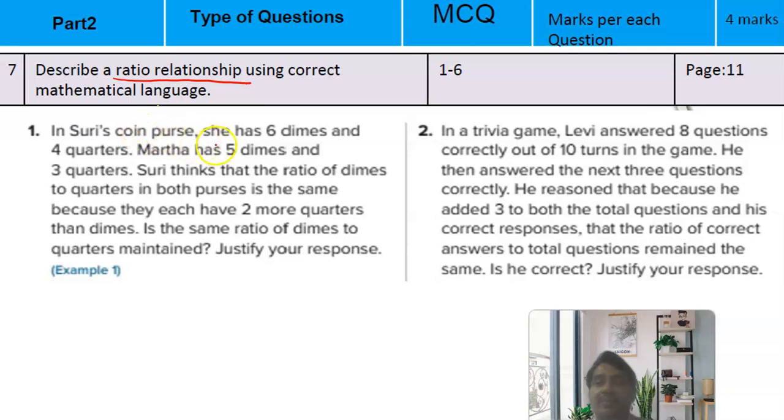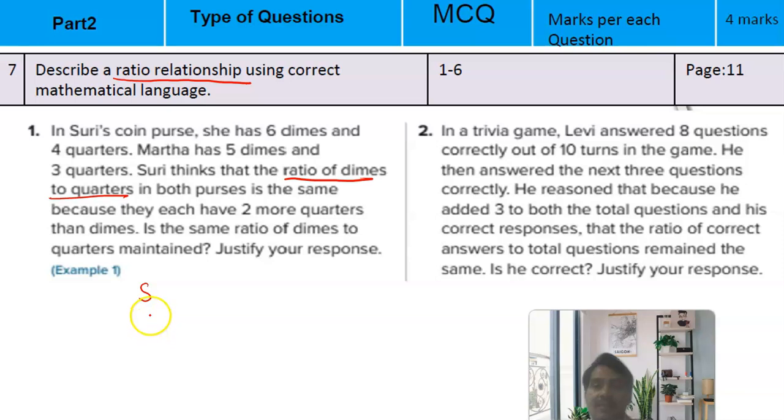In Suri's coin purse, she had 6 dimes and 4 quarters. Martha has 5 dimes and 3 quarters. Suri thinks that the ratio of dimes to quarters in both the purses is the same because they each have 2 more quarters than dimes. Is the ratio the same? Justify your answer. So the ratio of dimes to quarters,